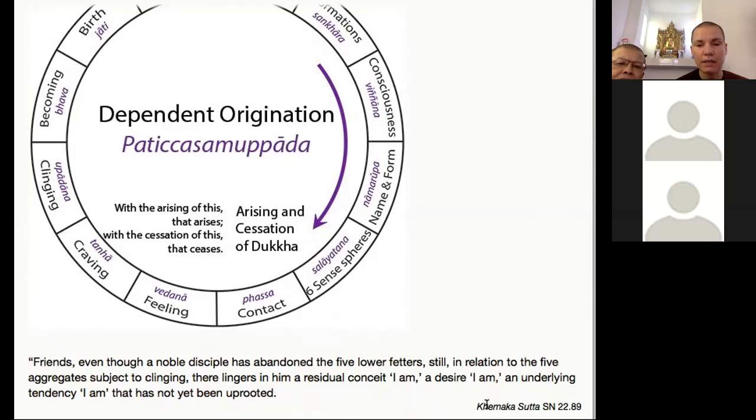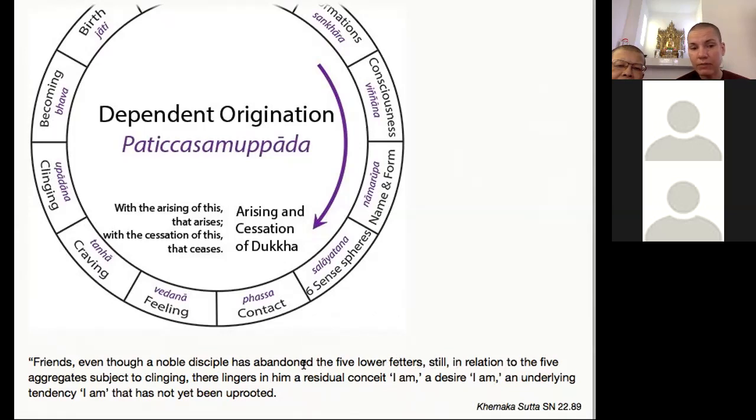He is an anagami, he is not arahant. And the Theras initially thought he's an arahant. And so Khemaka is explaining to them why he's not an arahant and where is the difference. And he explains to them: So friends, even though a noble disciple has abandoned the 5 lower fetters, that means anagami,